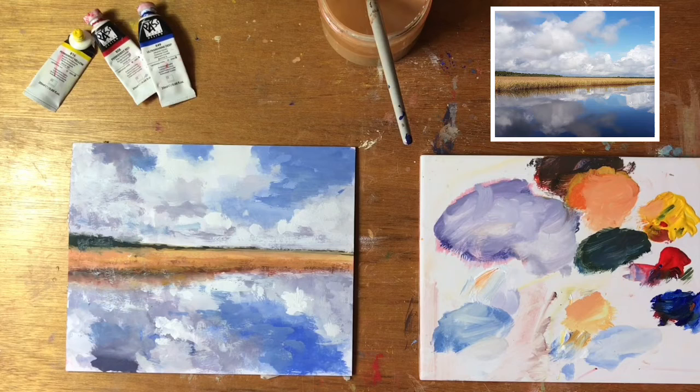If you've got any questions about the process, please feel free to ask. For me, the key is about learning how to loosen up a little bit and really create an impression of the scene using a variety of washes and brush strokes. Let yourself go, don't worry about getting it perfect, because the confidence comes through